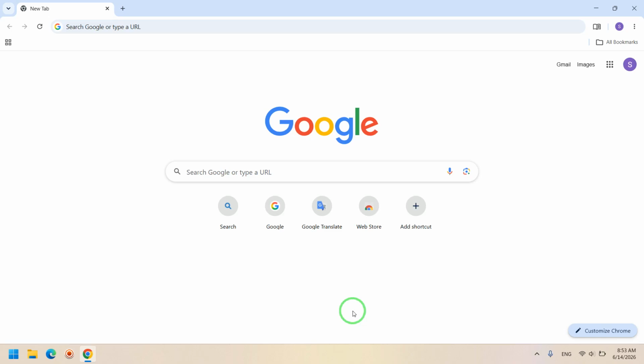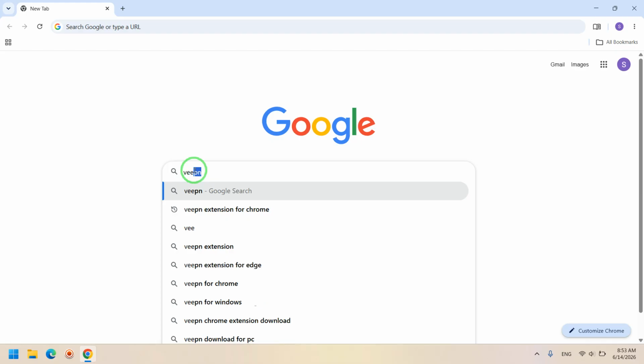I want to introduce you to a free VPN for your Google Chrome. You can use it as an extension to access the net by a free VPN. You can go to Google and search for VPN extension for Chrome,